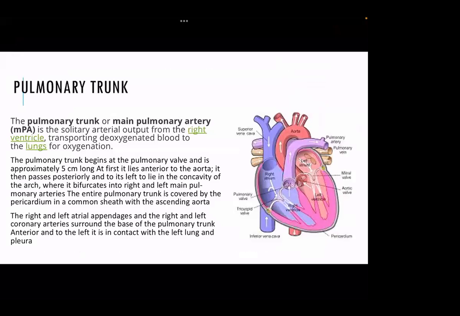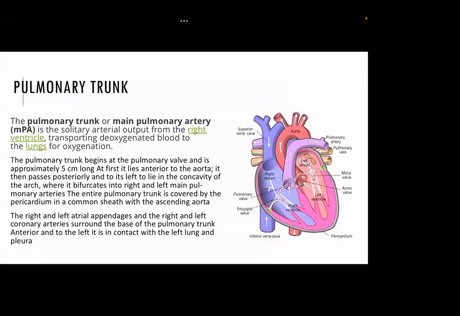The pulmonary trunk, or the main pulmonary artery, is a solitary arterial output from the right ventricle, transporting deoxygenated blood to the lung for oxygenation. The pulmonary trunk begins at the pulmonary valve. It is approximately 5 centimeters long at first and lies anterior to the aorta. As you can see here, this is the origin anterior to the aorta. It then passes posteriorly and to its left to lie in the concavity of the arch, where it bifurcates into